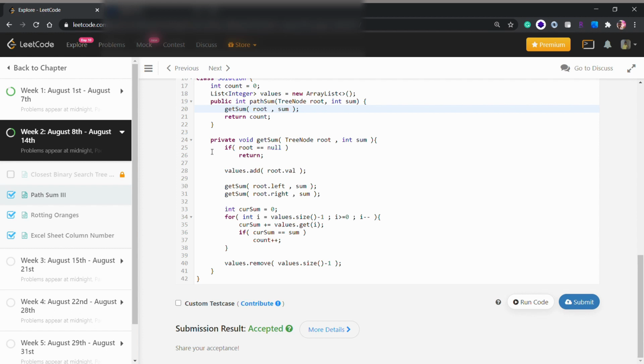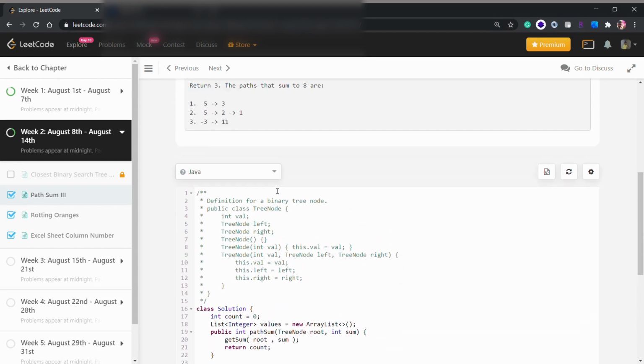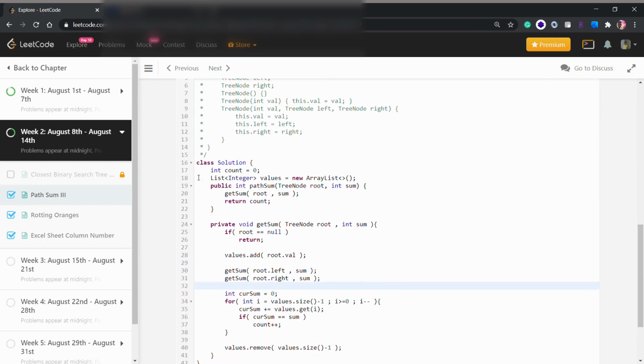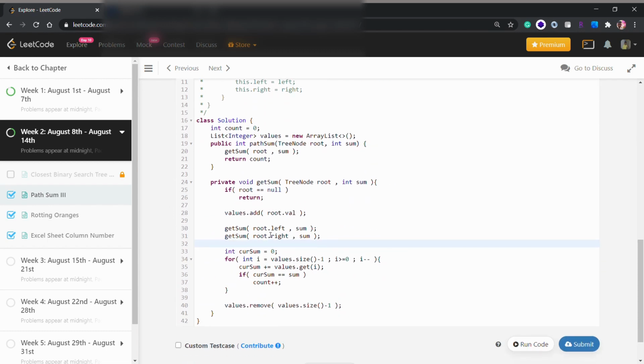First of all, this is simple. We are just checking if our root is null. For example, in this example we are at 3, and we are trying to find the left of 3, so it won't have a left, it will be null. So when we recursively call 3.left, the node will be null.